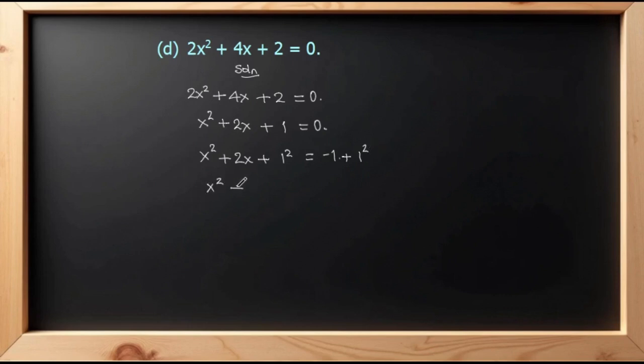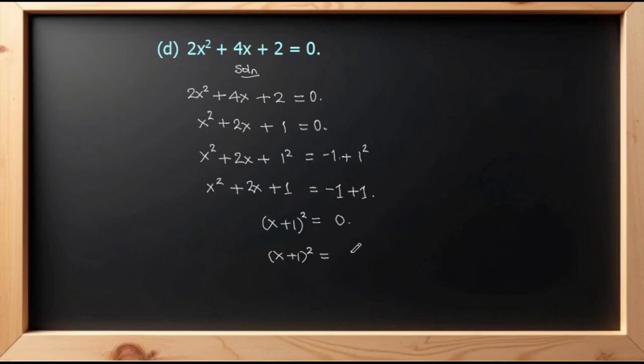So we have x squared plus 2x plus 1 equals negative 1 plus 1. So the right hand side will vanish to 0 because they are of equal magnitude but opposite signs. So we have 0, we don't need to worry about this. Then we have to complete the square on this side here. So we have x plus 1, then we square. So let's also get roots on both sides. So we have here x plus 1